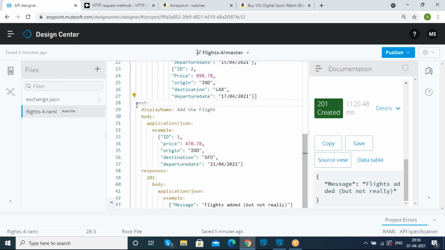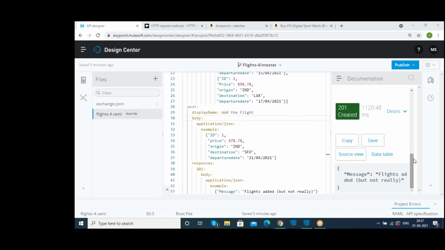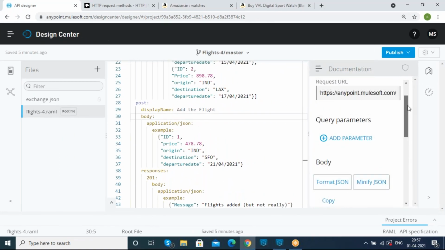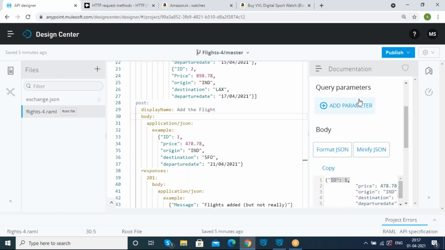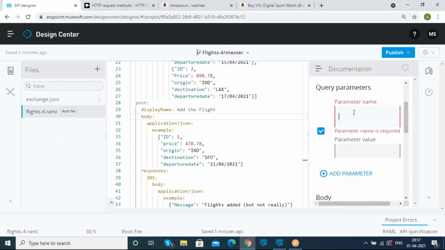Okay. So Mahesh, this is the body, correct? We are passing the body as a request and response. For example, if I want to add some headers, I can also add them here, correct? Yes, you can add the headers, but that option is not provided here in the API Kit console. We can add the headers in Postman when we are checking it. But while designing the API, it will not allow us to add the header. If you want to add the parameter name and value, you can add it here like headers.